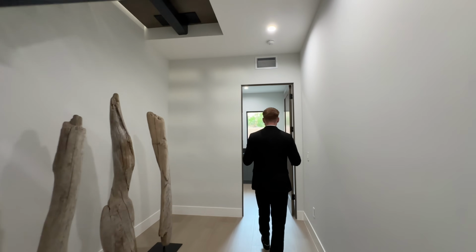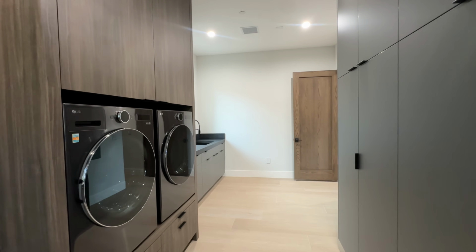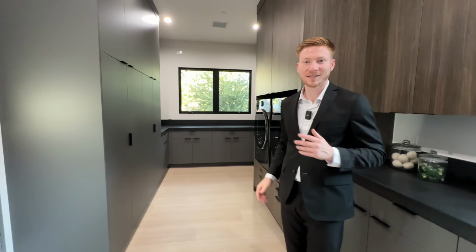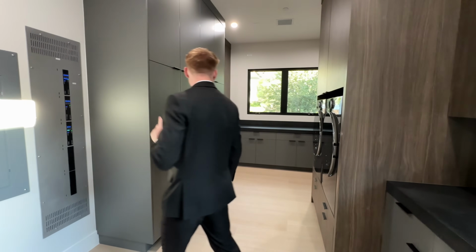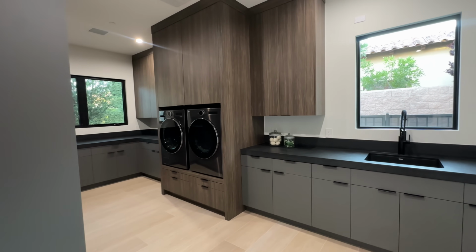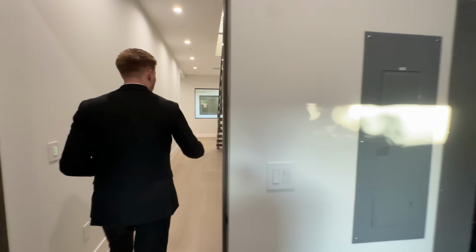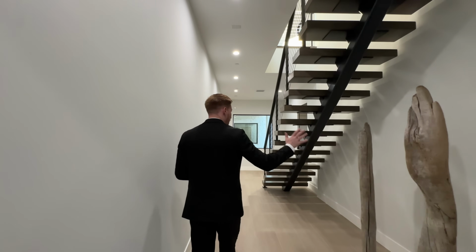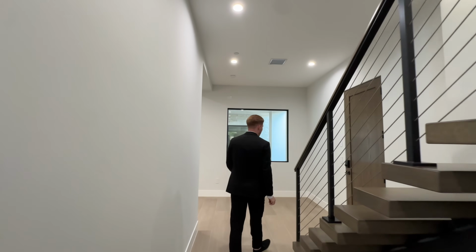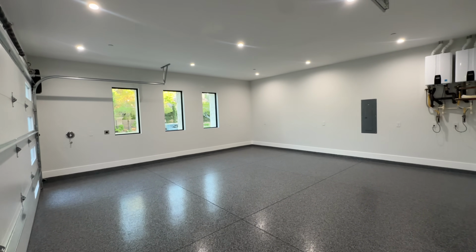But at the end, this is your main washer and dryer room. It's very oversized, tons of storage all throughout. This will also have your Control4 system because this home has that technology all throughout. Washer and dryer right in the middle, picture-ready windows, bringing in that natural light. And then back through here, we're gonna see a couple of these statues that's under the floating staircase. Garage door off to the right, that's gonna have your second 2-bay,